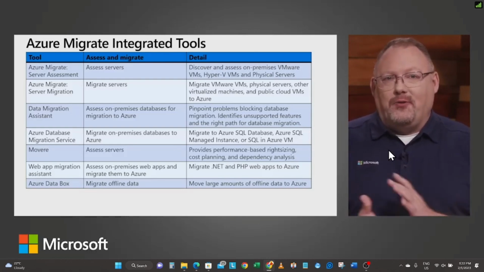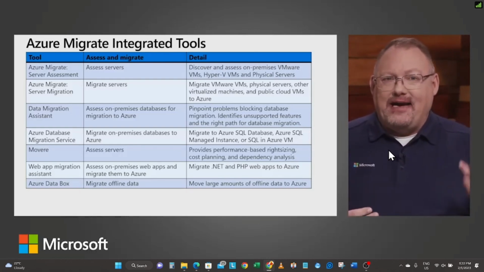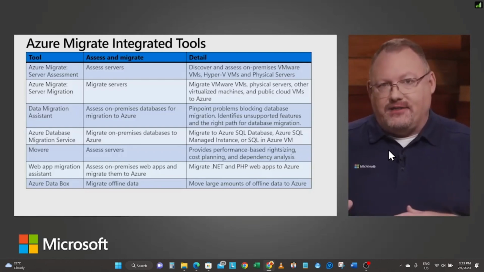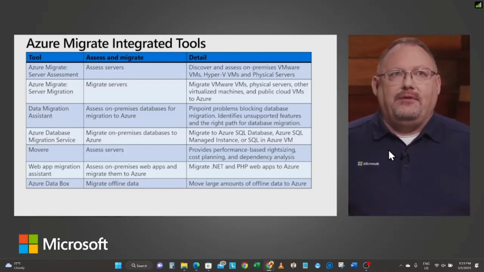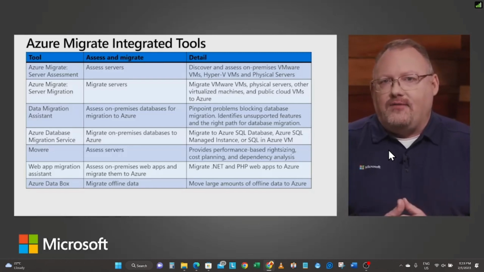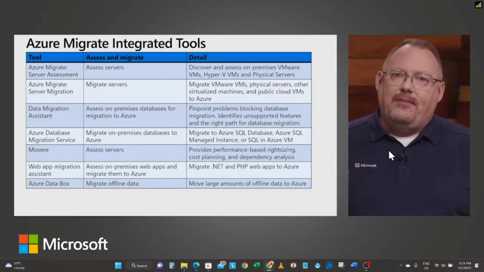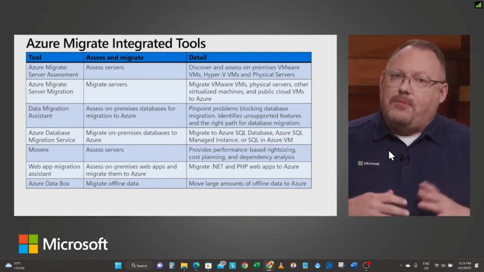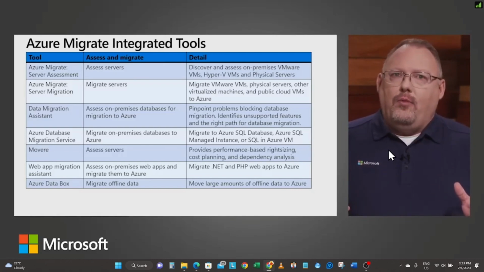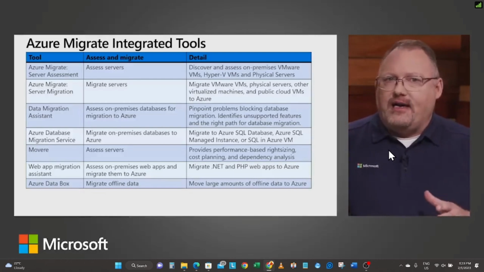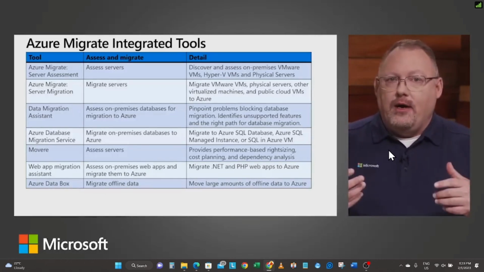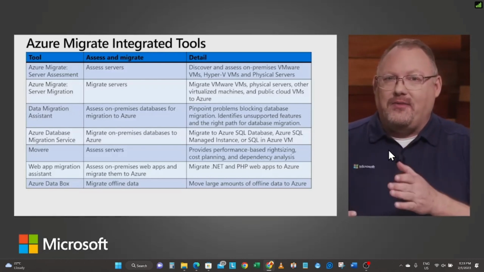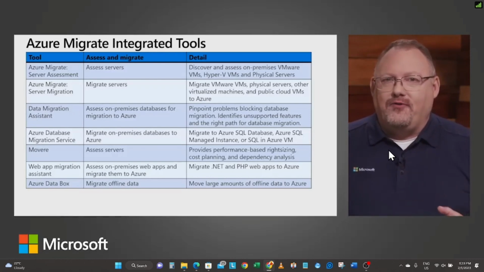We also have a tool that we're going to see in Module 3 and 4 called the Database Migration Assistant. How do we move databases from on-prem? And databases are always a very interesting conversation for me because when we talk about moving databases into Azure, it's how do we move the data? That's part one, but wait, where's the application that's using that data? How do we thoughtfully think of this? So that application may be running in a server that we're going to be migrating at the same time we're migrating the data. Well, which one do we do first?